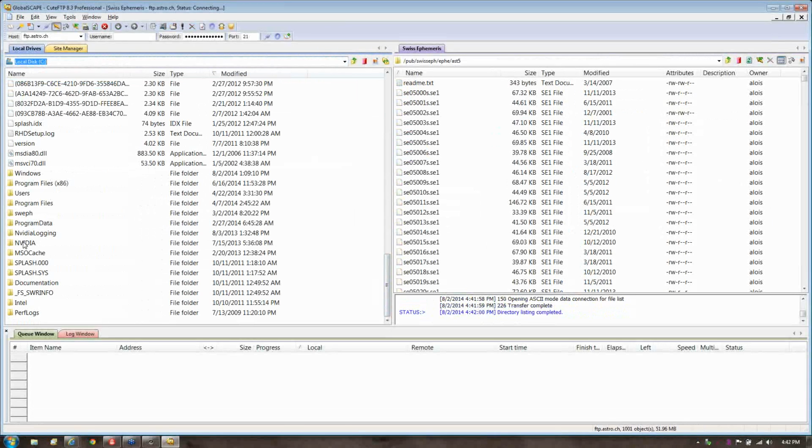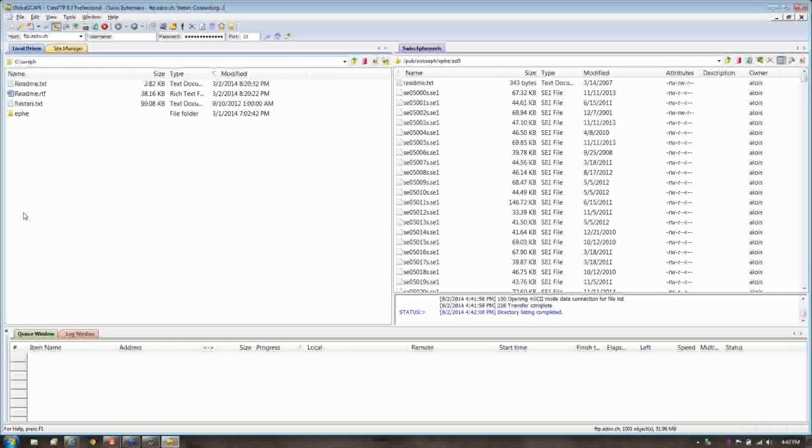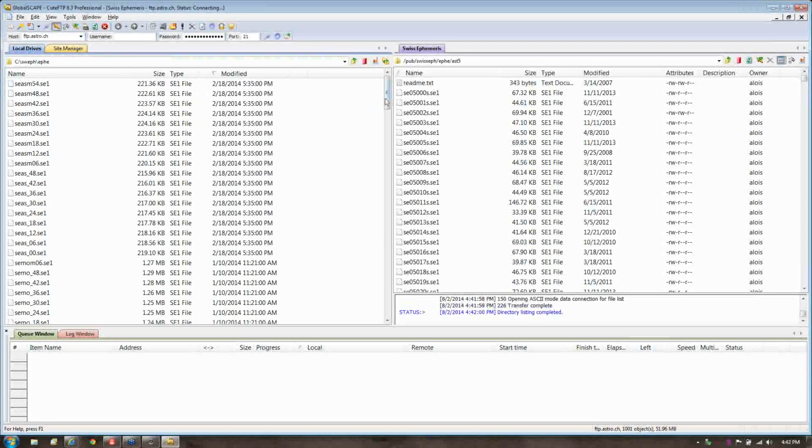And what you would do is bring it over to the ephemeris directory, where your Swiss ephemeris is, and just drag it over. And the MPC number will be like this, SC05006. So once you've brought it over, you just type,